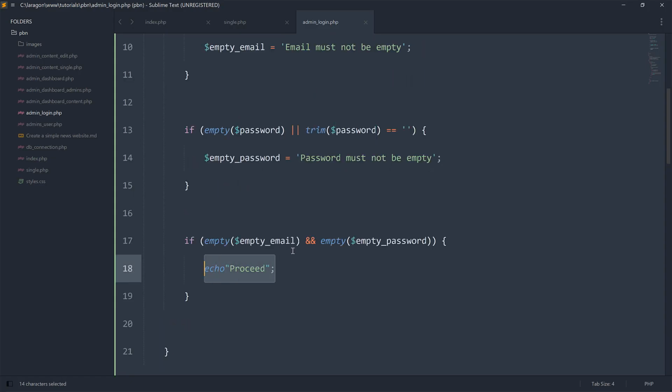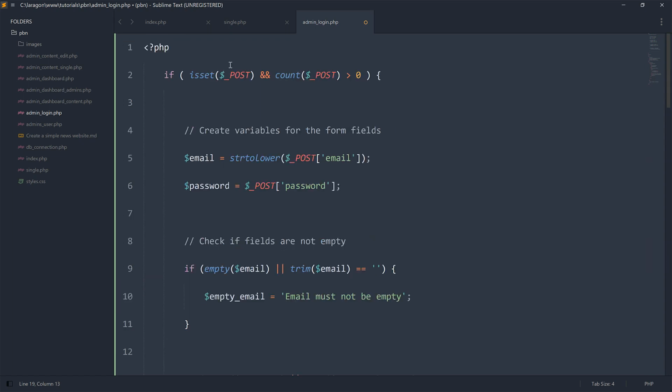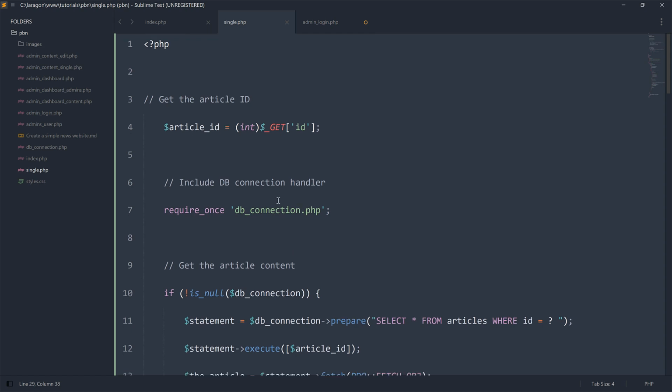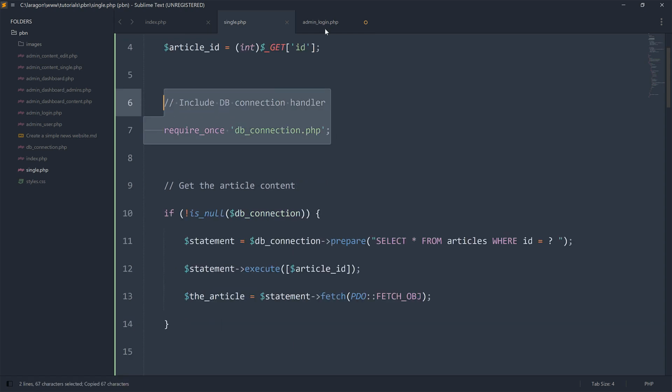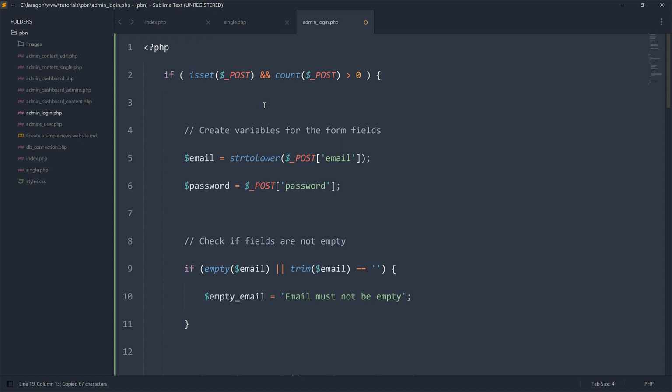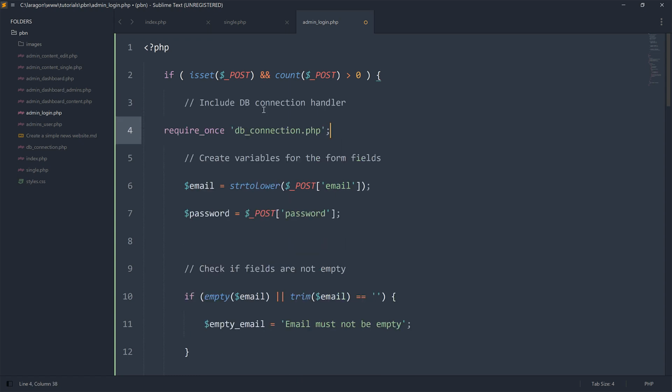We need to be able to fetch such user in the database. So do we have such user in the database? Do we have an admin with such email in the admins table? So that's what we want to find out here. And to do that, we need the connection to the database. So far we can pass that connection right on top here. So we get it here. Since we know we are going to use it a lot, already we can bring it in once the form is submitted